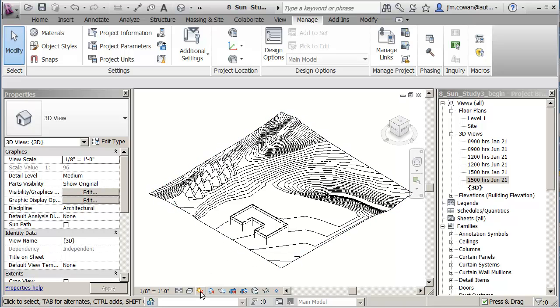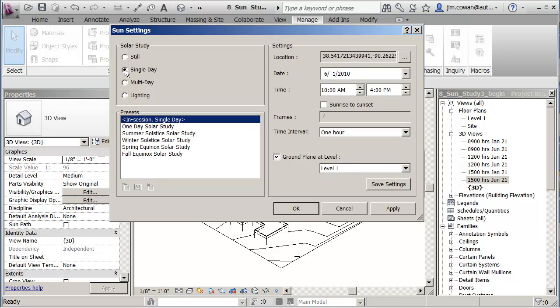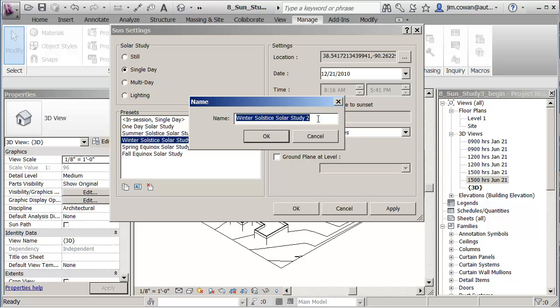The next thing I'm going to do is under the sun settings. Instead of going to the option that was a still shot, I'm going to go to single day. You'll always have some presets in here from your template. I'm going to do it for the winter solstice, but I'm going to copy that and name it winter solstice